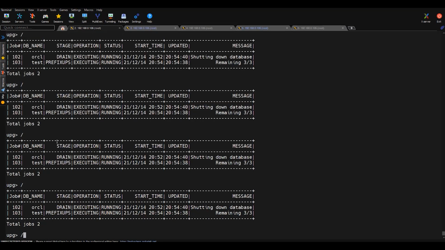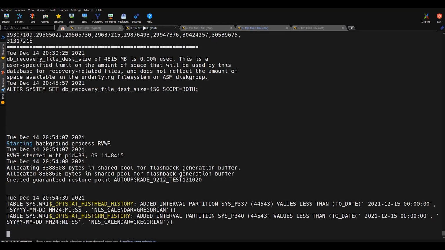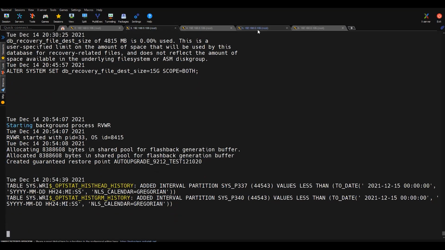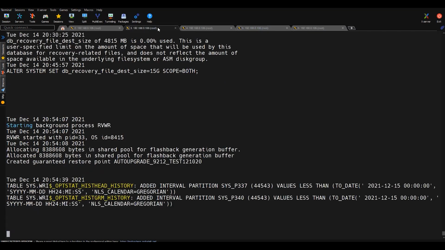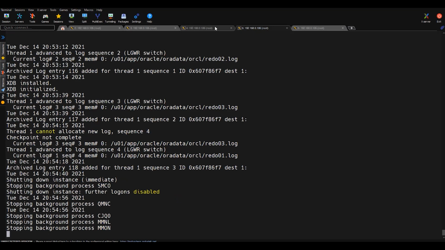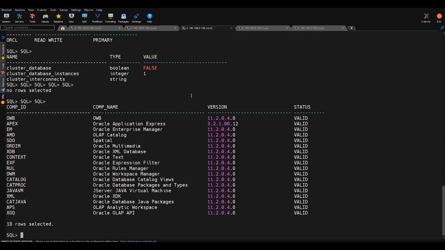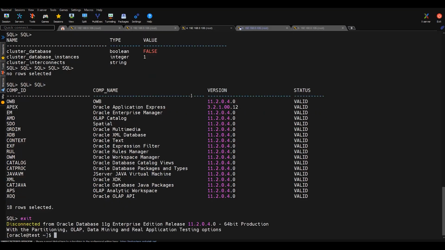So now you can see both the databases are getting upgraded in parallel. It will restart the database and it will start the actual upgradation process. So we just have to mention proper configuration files and it will automatically do the job for us.